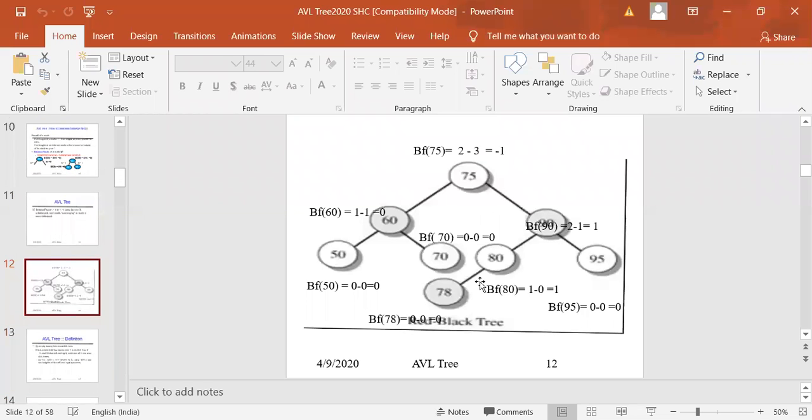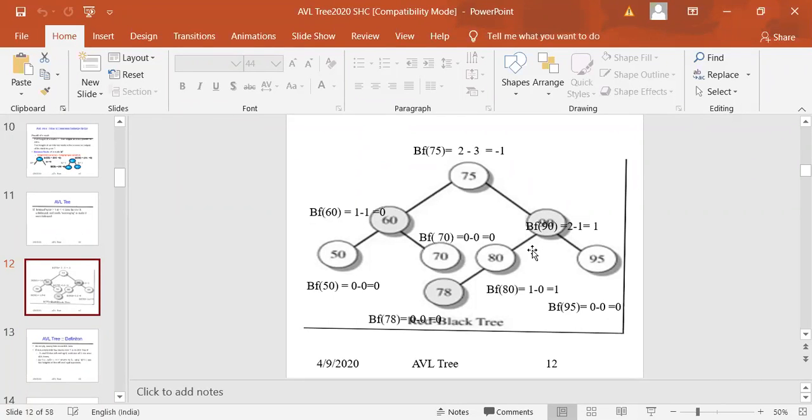Now, for example, this is a given complete binary tree, and we can see how the balance factors are calculated. Please check it. If you are not understanding, let me know and I can re-explain it. You can see that the balance factor of 75 is 2 minus 3, which is minus 1. It is absolutely okay if your balance factor is minus 1, 0 or 1.